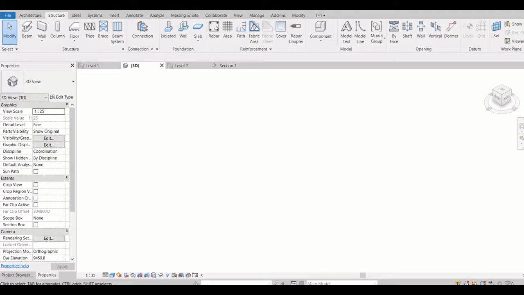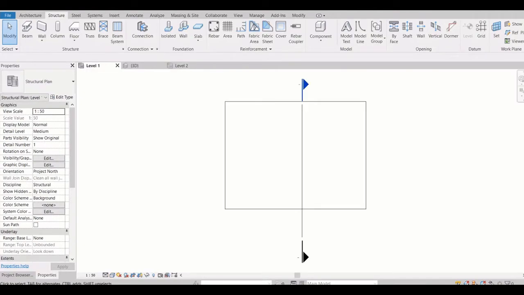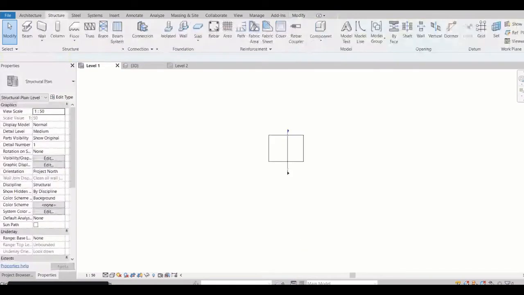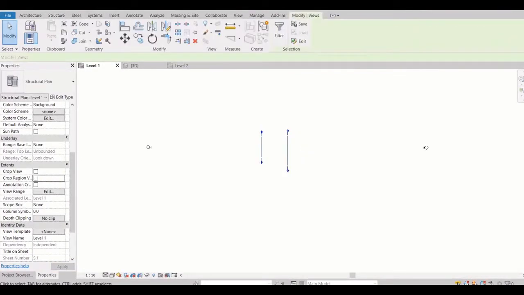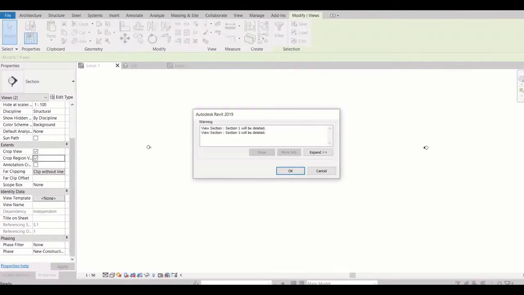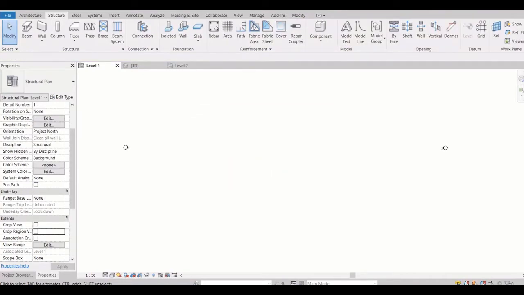Why is this disabled? Because we are in the 3D environment, right? In 3D we cannot draw a grid, so we should go to Level 1, and then you will see that the grid is activated. For the time being I will delete this.